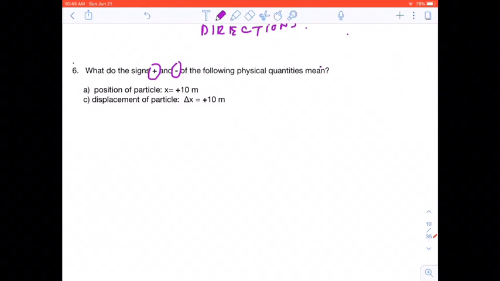So when we're dealing with position, the plus indicates